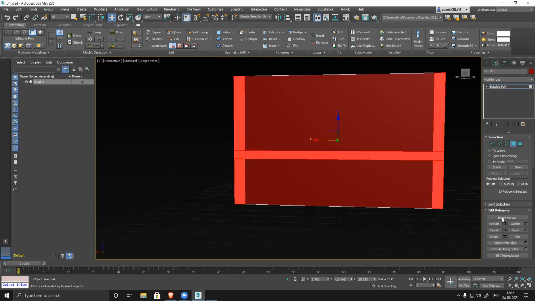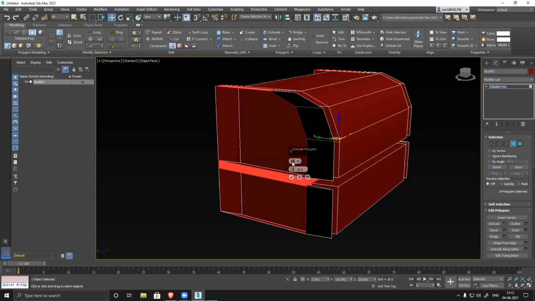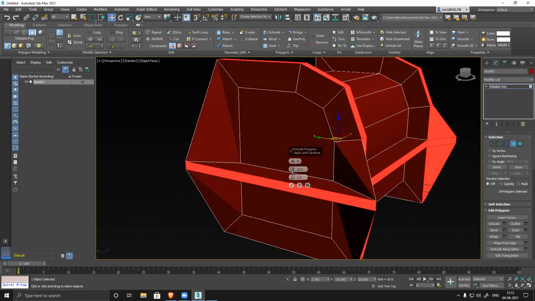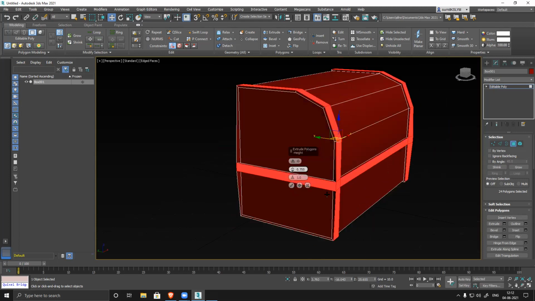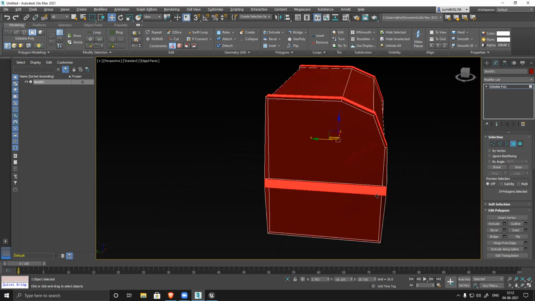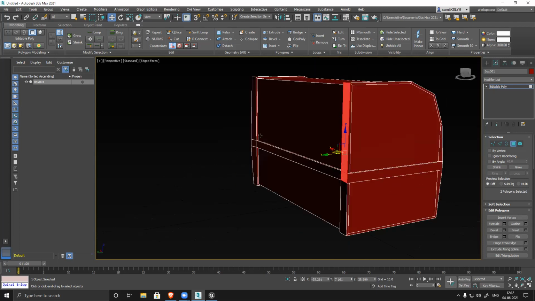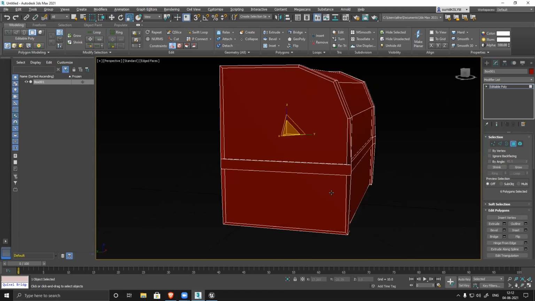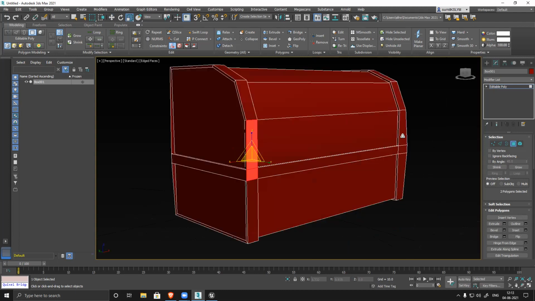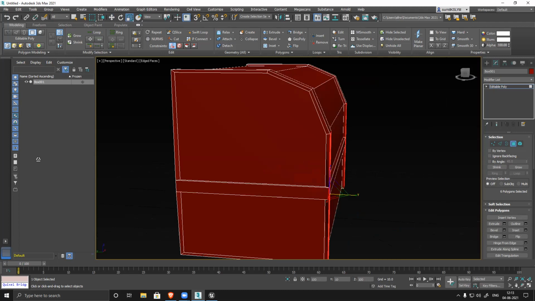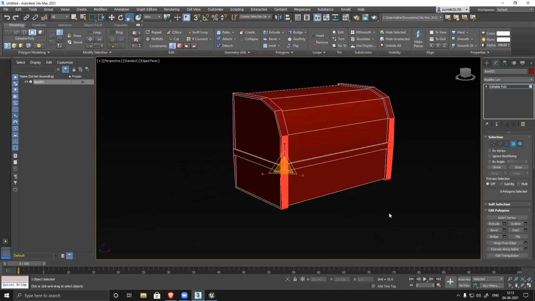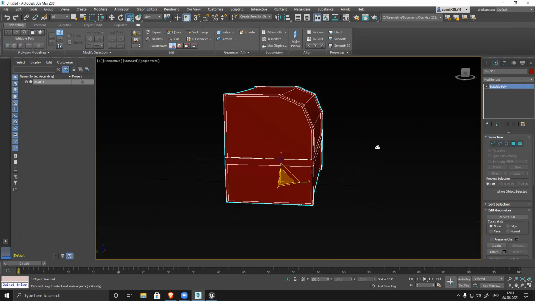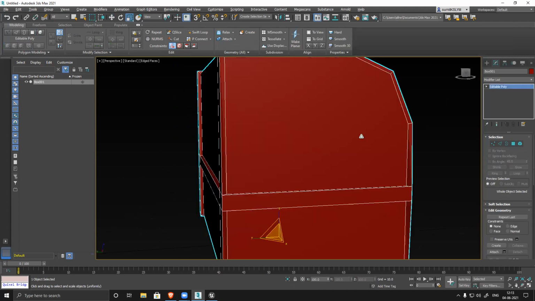Select the entire thing and extrude it slightly. I'm just simply creating a model. Structure. So now, okay, basic, I created that shape, and now I need to fix a couple of things.